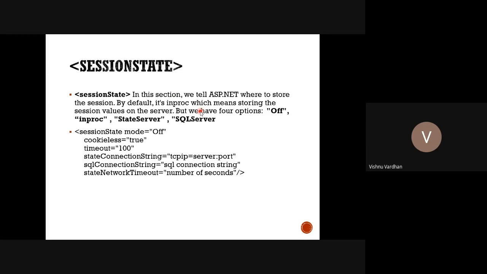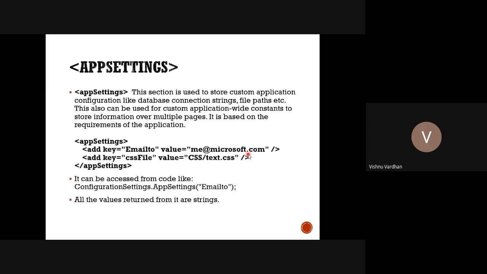Then session state, इसका मैंने example करके भी दिखाया था. Okay, web.config में. So off is nothing, in process, that is in the server's memory, state server, exclusively dedicated web server is there, or in the database. So in that way we can have our complete state information written according to your settings. Okay, so app settings are for the context of your web application, of your business functionalities only.